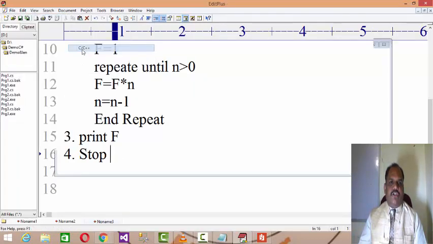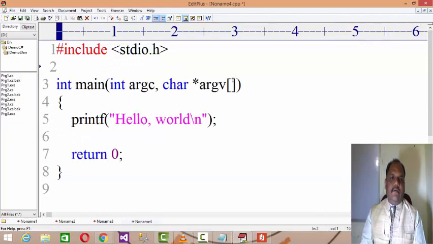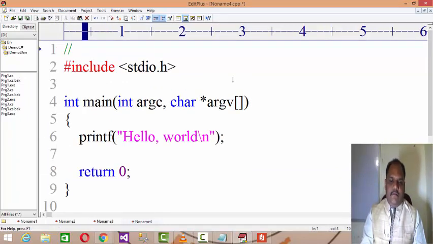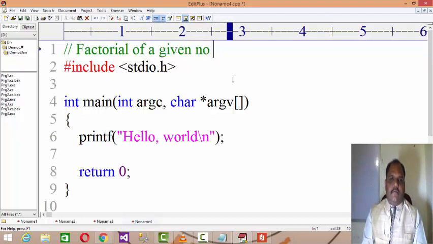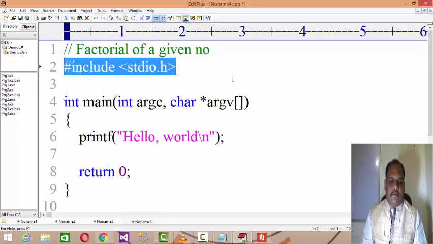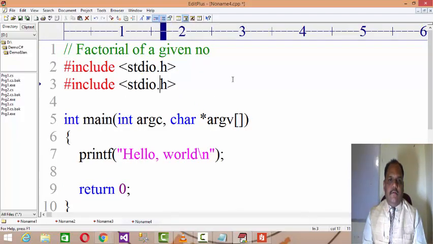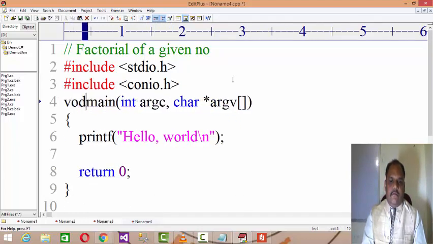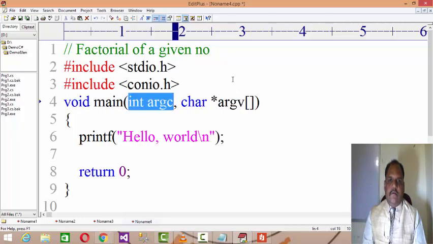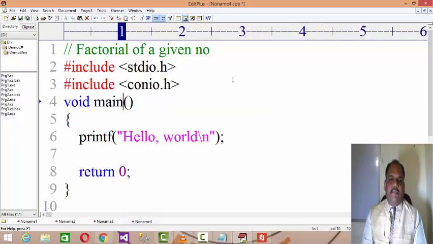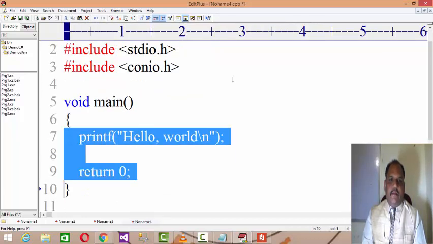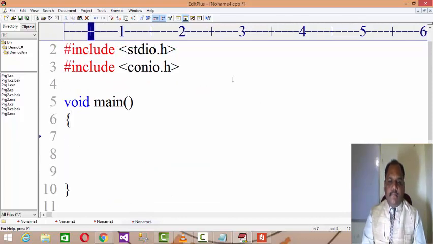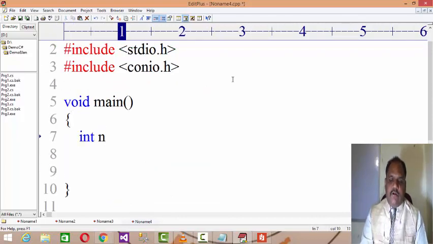Let us go for the implementation using C: factorial of a given number. As this is your beginning session, I'm writing the code in C only, considering everyone knows C, right?